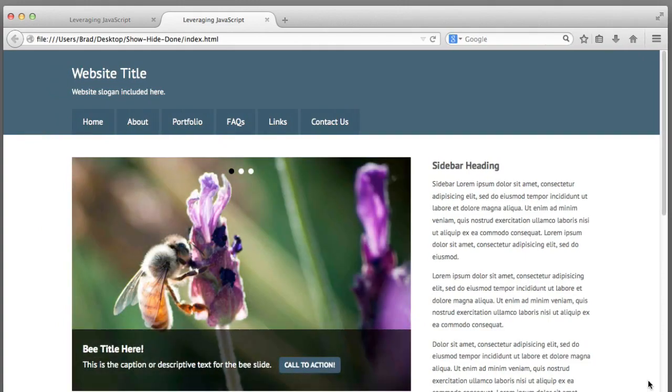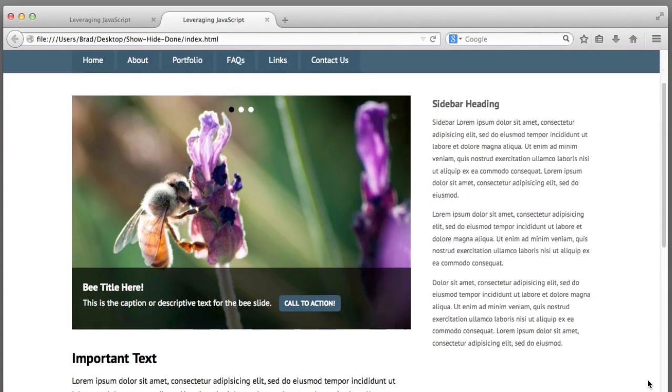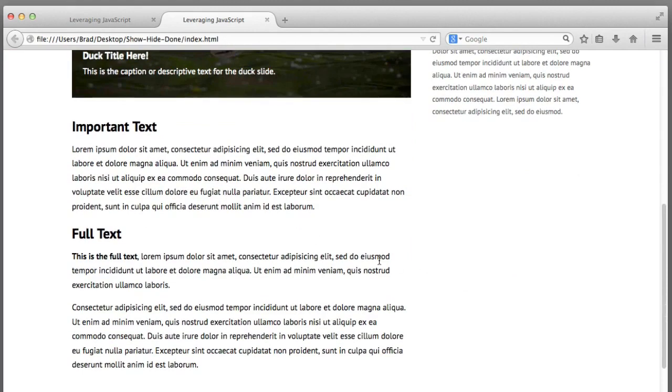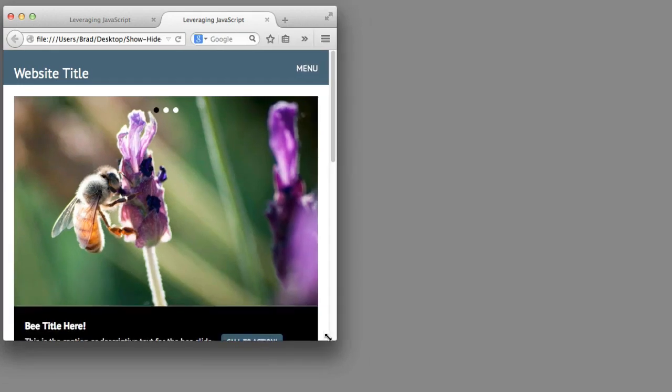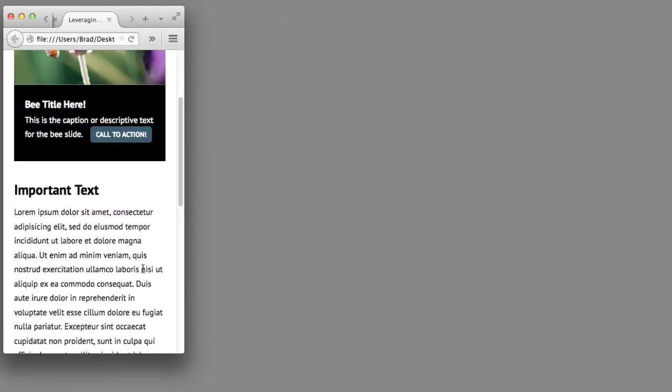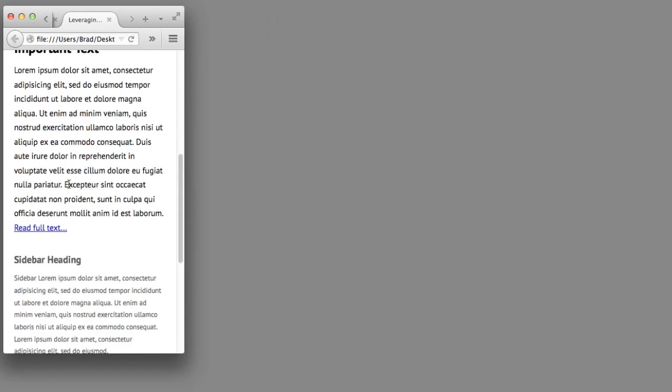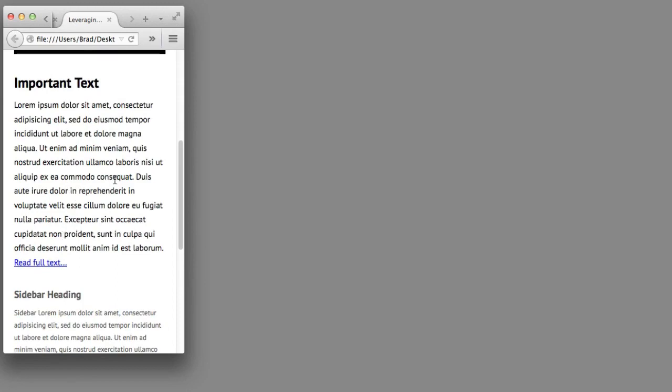So on a laptop or a large tablet or a traditional computer, if we scroll down a bit, we see there's a bit of text. So this section reads important text, and this area reads full text. So maybe this text isn't super important. Now if we resize our browser down to a smartphone size, you can see that the full text is gone. So perhaps we decided that it wasn't important enough to show initially on a smartphone, but you can see that